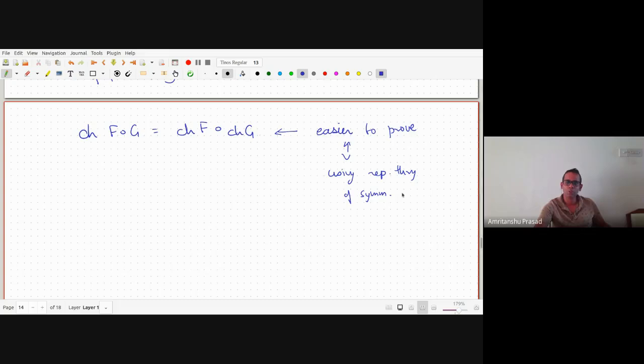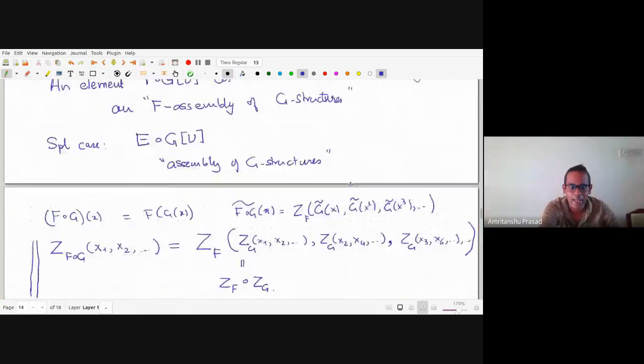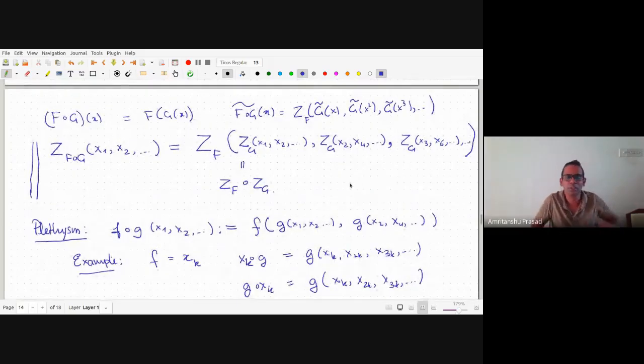In the book, they postpone this proof to chapter 4, and I will also not get into the proof right now, but I feel that this is one way to think of the proof. In the book, they do something similar, but not in this language. They use power sum symmetric functions, some Polya theory kind of thing, and prove this. But the proof is not as easy as the proofs for sums and products. This is much more complicated than the earlier things.